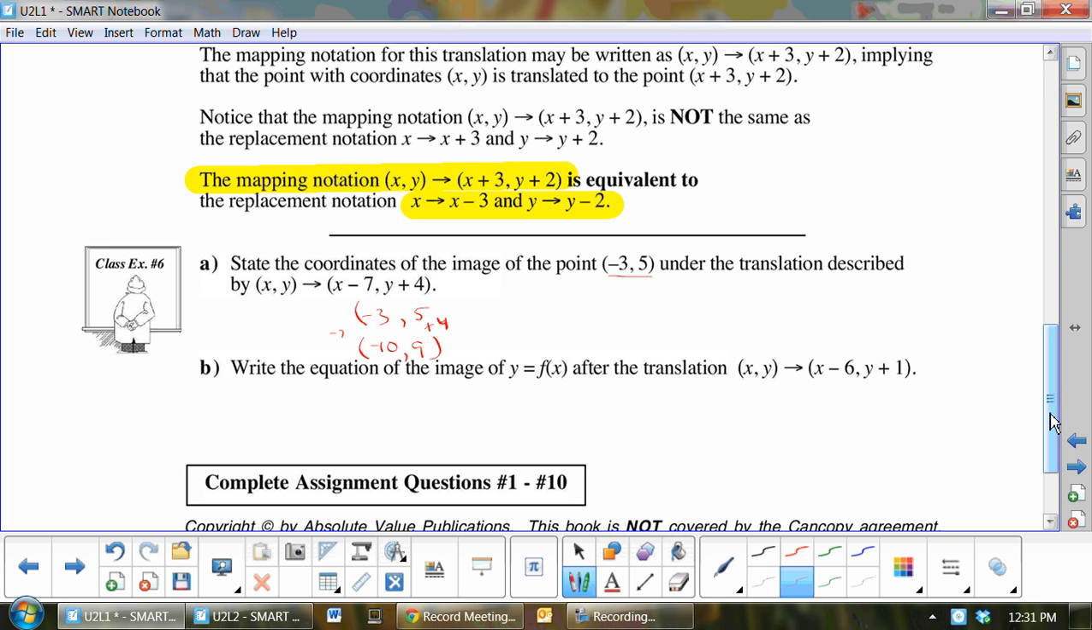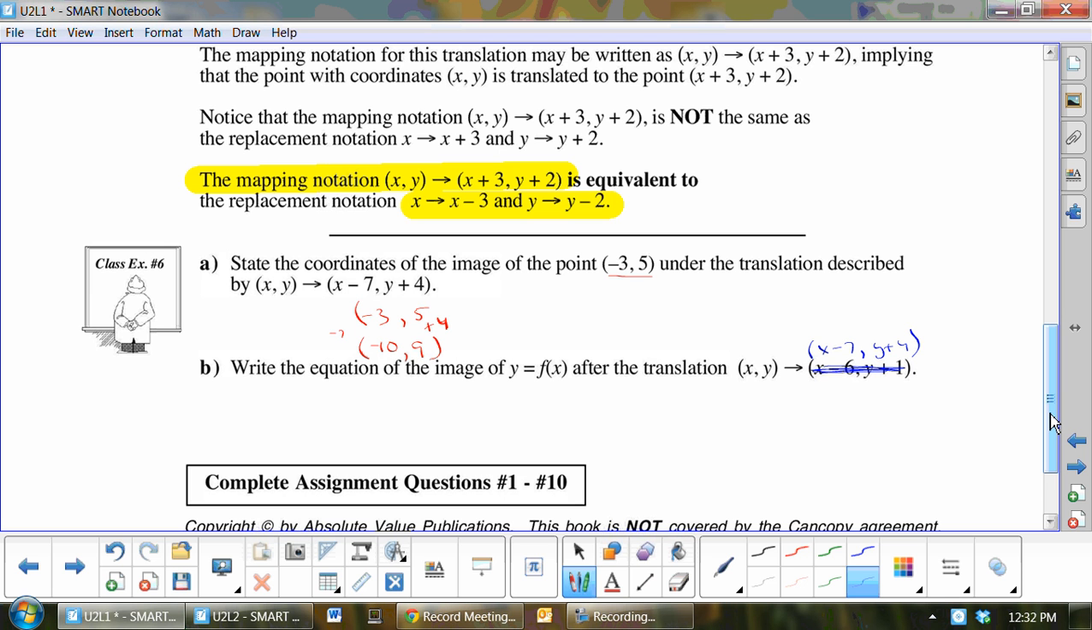Now, if that point was on a graph, and I actually wanted to do the equation that would move that, then I'm going to have to do the translations differently. Now, I wish they would have done the same one above. I want to do the same one above, x minus 7, comma, y plus 4. What would the equation actually look like if I did